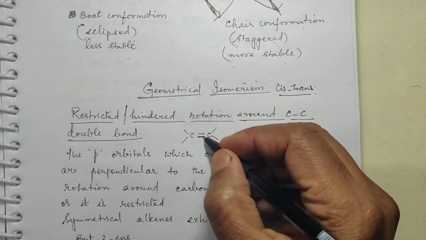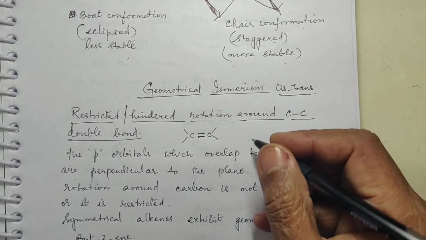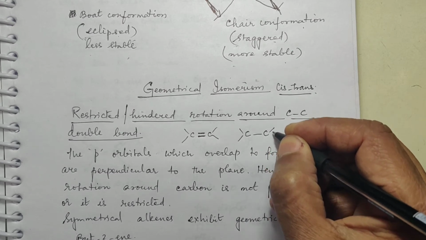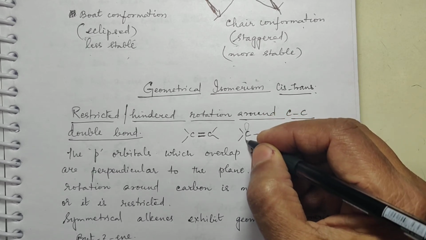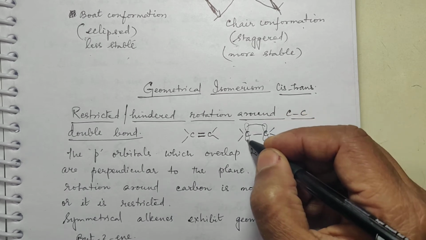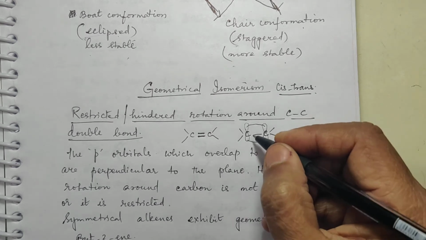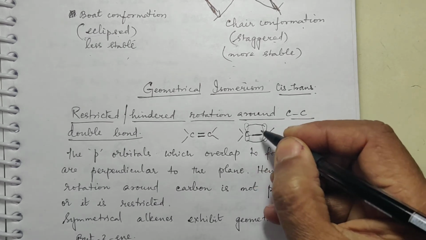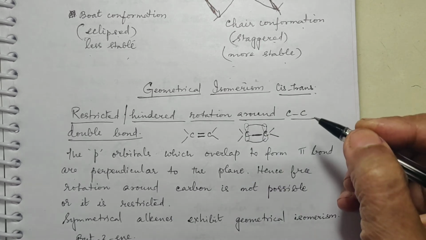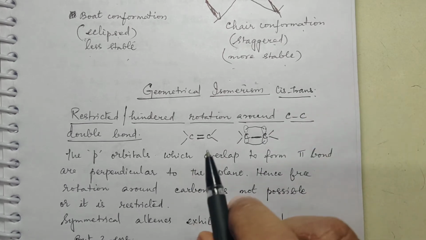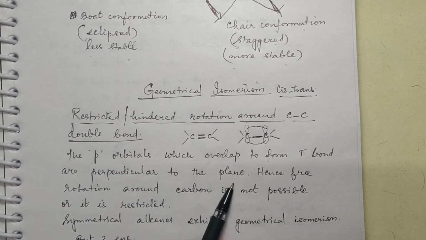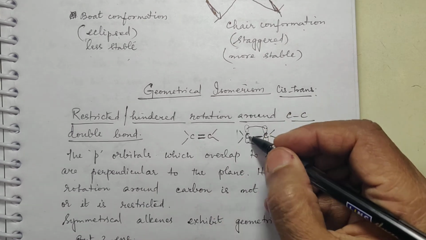This is your sigma bond and this is your pi bond. And the pi bond, how does it overlap? You have an unhybridized p orbital in the case of carbon, and they are overlapping above and below the plane of the internuclear axis. This is your internuclear axis. Above and below the plane, one pair of lobes will overlap above and one pair of lobes will overlap below. So this will give rise to one pi bond. Okay. So the p orbitals which overlap to form the pi bond are perpendicular to the plane. Okay, this is the plane.